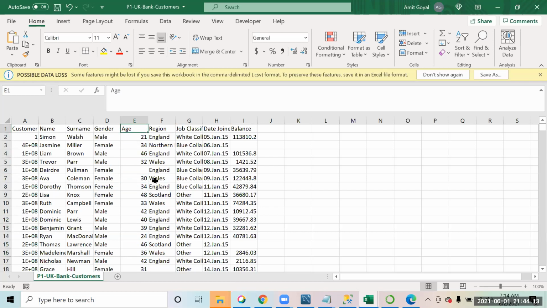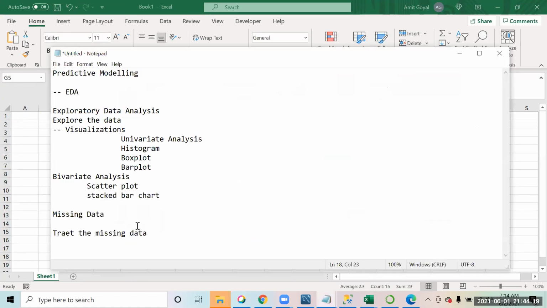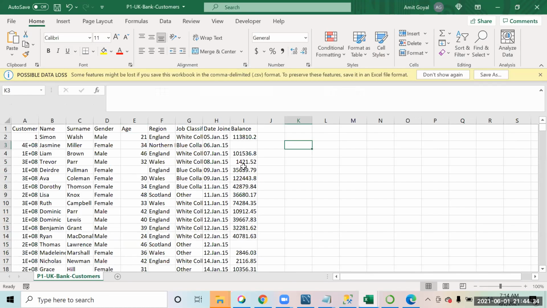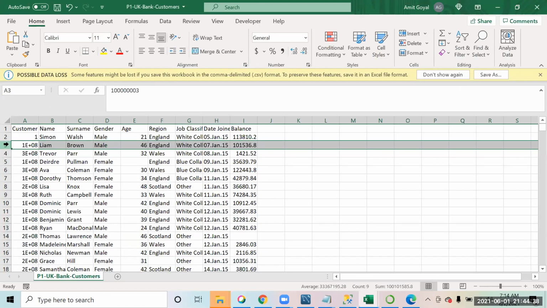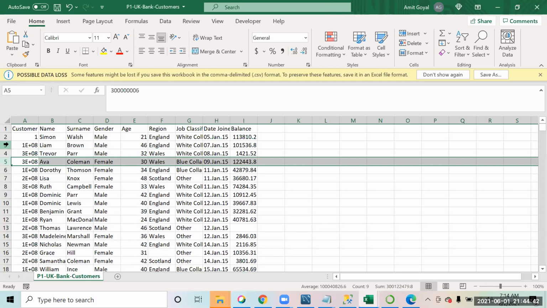And how do we treat the missing values? The first way of treating the missing data is you can drop the data where the values are missing. For example, if there is some data missing over here, I'll remove this row. Over here also there is missing data, I'll delete this row.